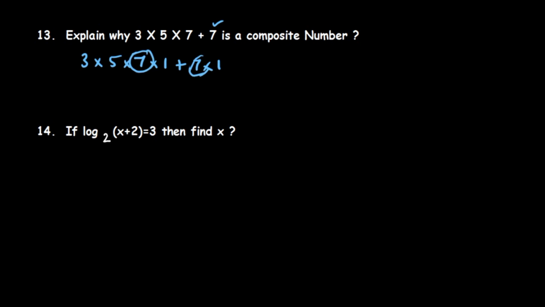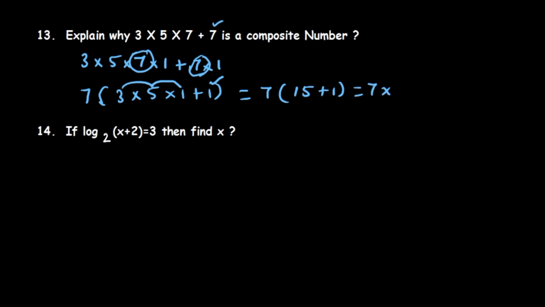Then what I will get here is 3 into 5 into 1 plus 1 equal 7 into... So this is 3 into 5, 15. 15 ones are 15, of course, so 15 plus 1 is 16, right? So 15 we got here plus 1, and the next step we write is 7 into 15 plus 1 is 16. Again, this 16 we can divide into prime factors. How? 16 is 2 power 4, right? So that means 4 times we write this one as 2.